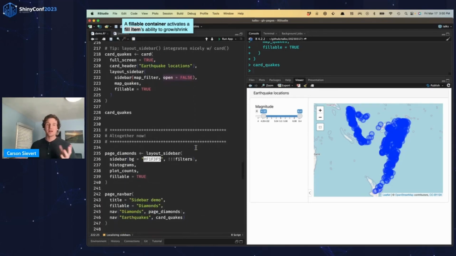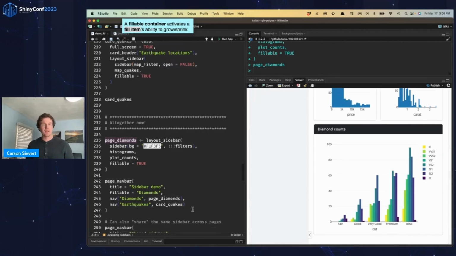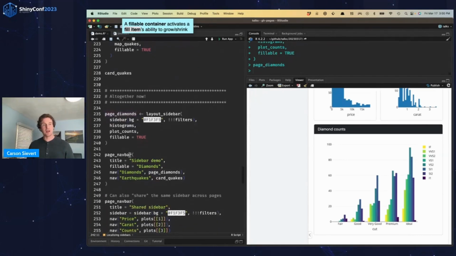All right, so let's combine these two, where I'm going to take basically the same layout sidebar diamonds example, and feed that into a page of a navbar page. And not only that, but I'm going to ask this navbar page to make the diamonds page fillable, make a fillable container just for the diamonds page. And then I'm going to have a separate page for the map with the earthquakes data.